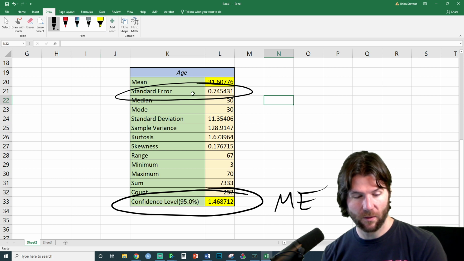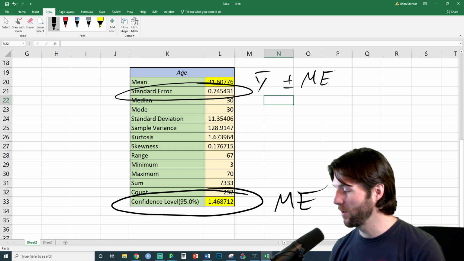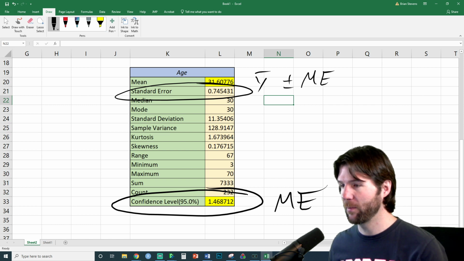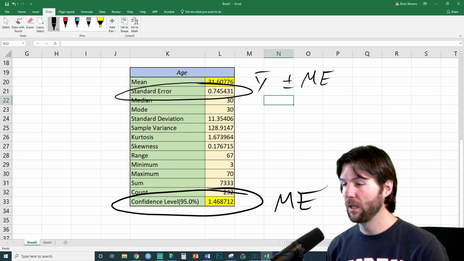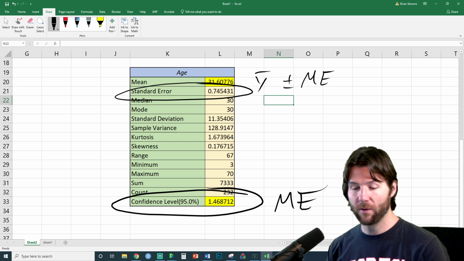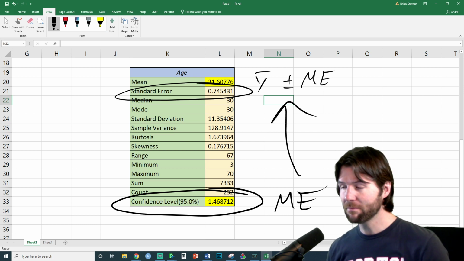And this right here is y bar. And then we would do plus or minus the margin of error. So Catherine, we'll do that question next for you. Does everyone understand how to create the interval from the Excel output? This is the interval from the Excel output. This is literally how to make it right there.